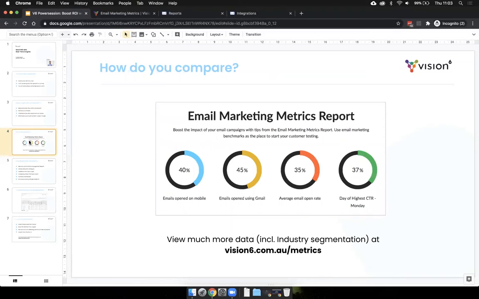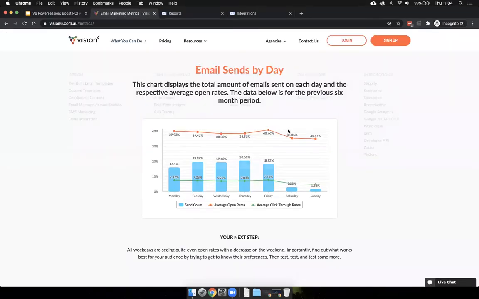So just going back a bit onto that, how do you compare? Vision 6 has an email marketing metrics report available online. The link's there at the bottom of the screen, vision6.com.au/metrics. And you can use that to have a look at the percentages of emails that are being opened on mobile versus desktop, what email clients are being used, what the average open rate is, the date of the highest click-through rate. All those types of things are available on our email marketing metrics report, as well as the ability